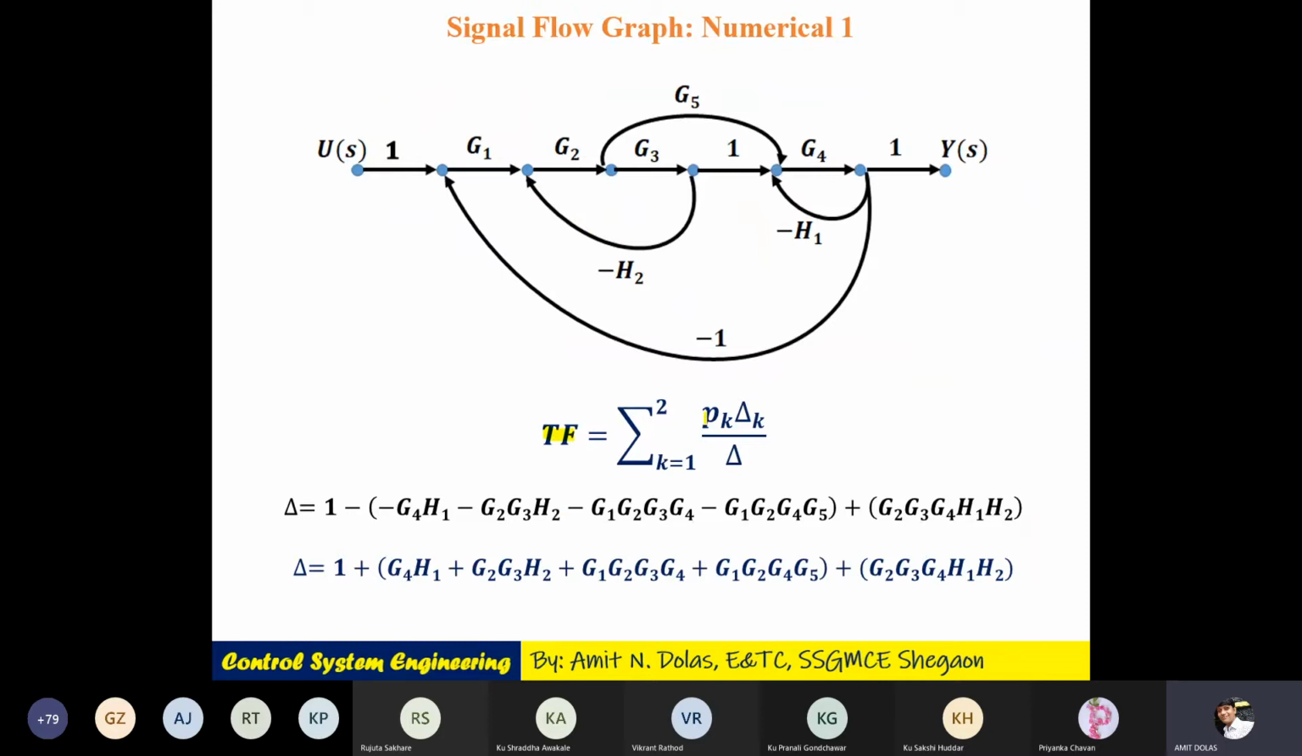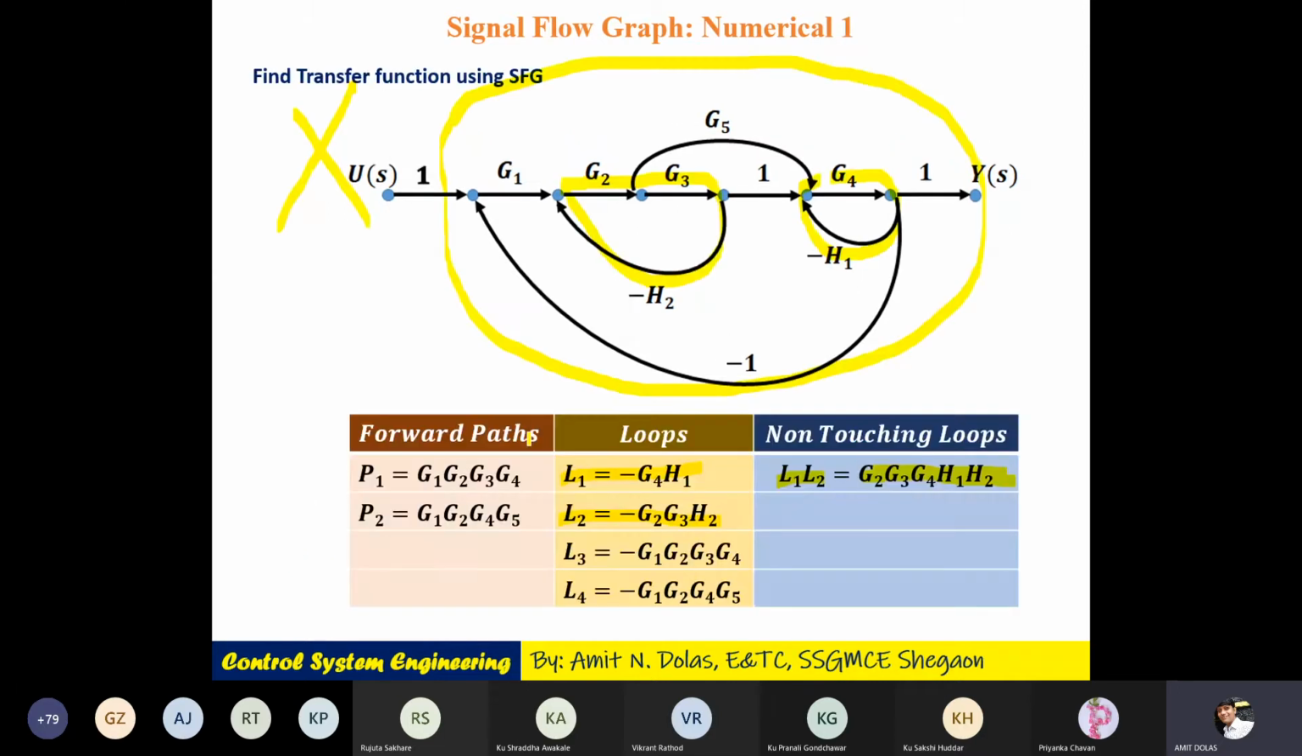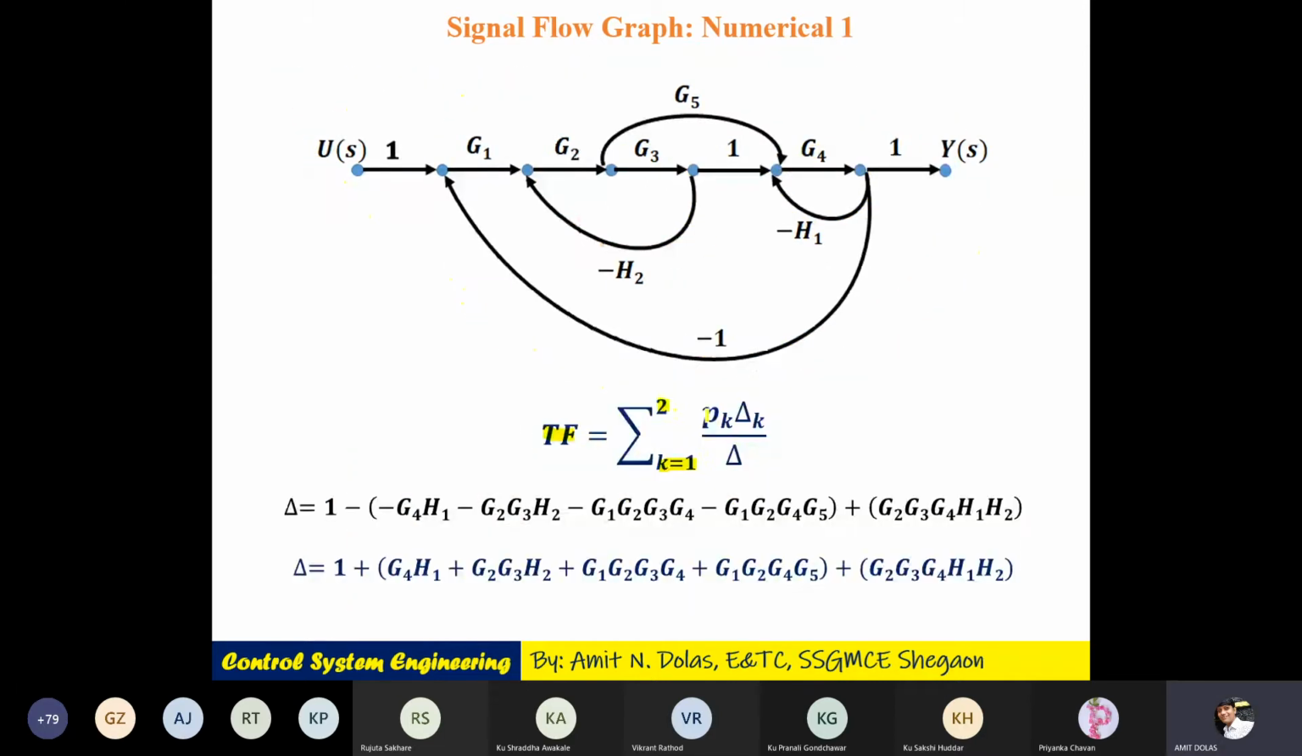That is, transfer function is summation of k path. K denotes path, K 1 to 2. There are only two paths. We already calculated P1 and P2. That is Pk delta k divided by delta. So we are interested in finding out delta. Delta is what? Delta is equal to 1 minus